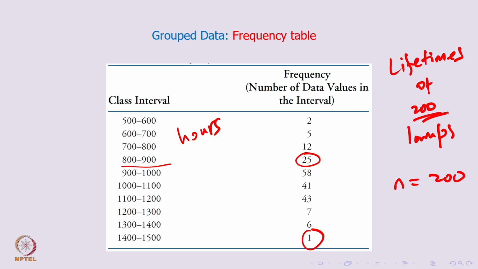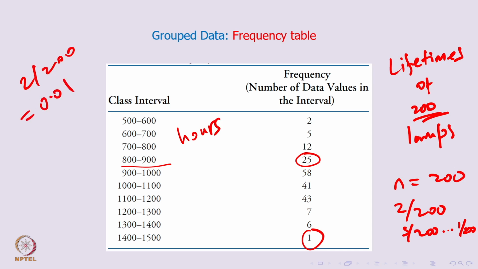For converting a frequency column to a relative frequency column, I have to divide each value by 200. So, 2 by 200, 5 by 200 and the last one would be 1 by 200. Make sense so far? So, 2 by 200, 5 by 200, 12 by 200, 25 by 200, all the way up to 1 by 200. Once you divide each number by 200, you will end up getting a relative frequency column as we got even earlier in the last session. And now you have to cumulate the relative frequencies one by one. Cumulating means you keep on adding the relative frequencies one by one. The first relative frequency is 2 by 200, which is 1 by 100, so this would be 0.01.